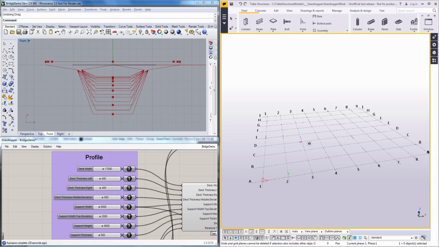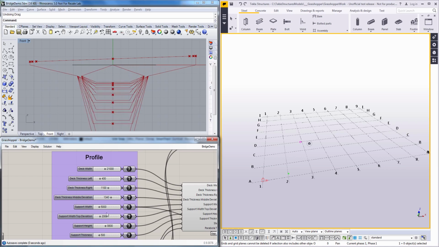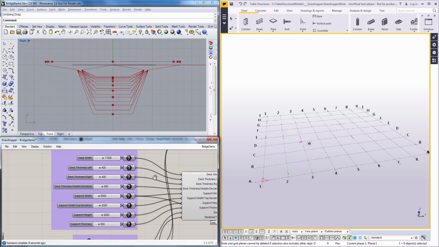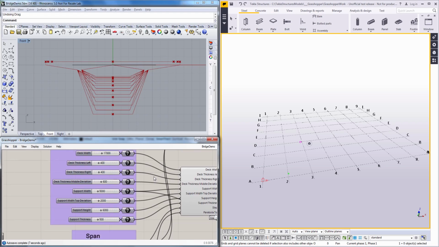So next, let's take a look at a more complicated example. What I have here is a parametric profile which is defined in Grasshopper. So as you can see, if I change the parameters here, it will update the shape of the profile. And this is actually not just one profile, but rather it's a set of cross-sections that will be used along